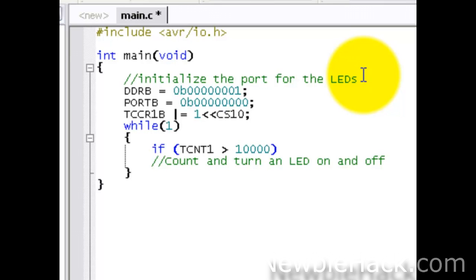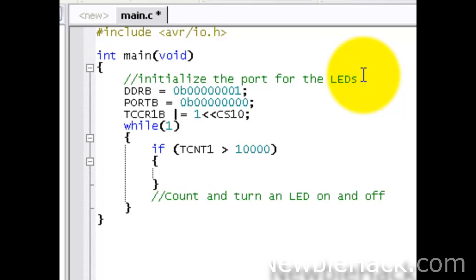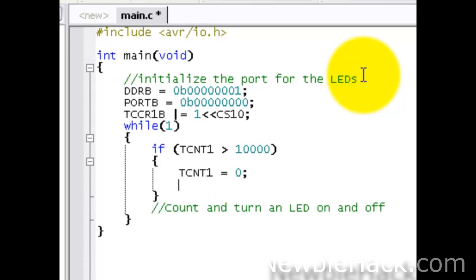Let's toggle our LED. The first thing I want to do before I toggle the LED, however, is make TCNT1 be 0. Because if I don't make that 0, it's going to continually count all the way up to 65,535, and then go back to 0 again. I want it to go back to 0 at 10,000, and then count up to 10,000 again, and have a nice equal counting. So we're going to toggle port B, using the exclusive-or sign,